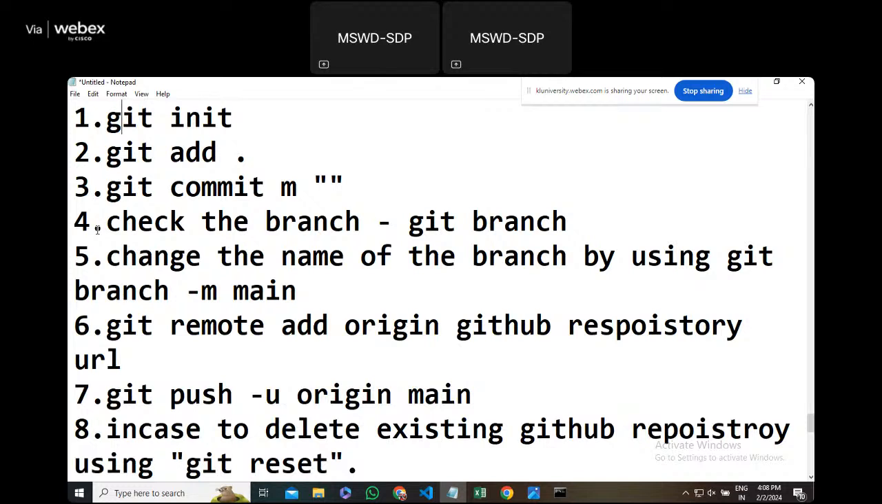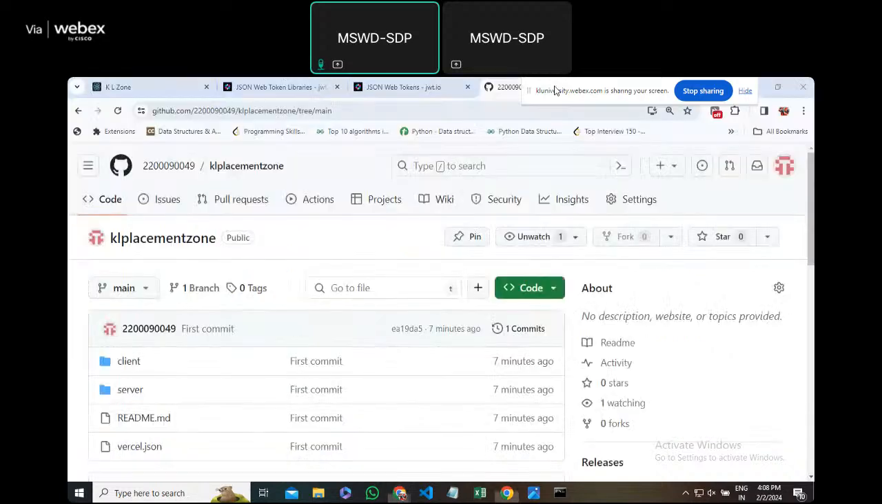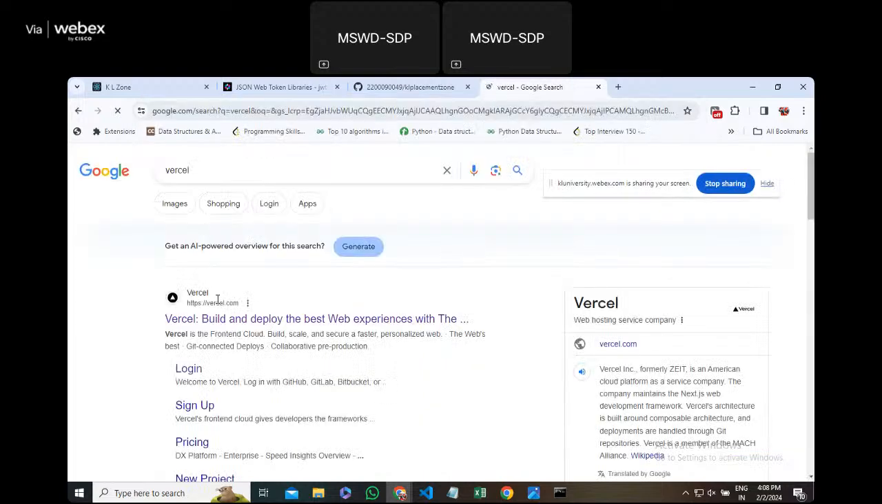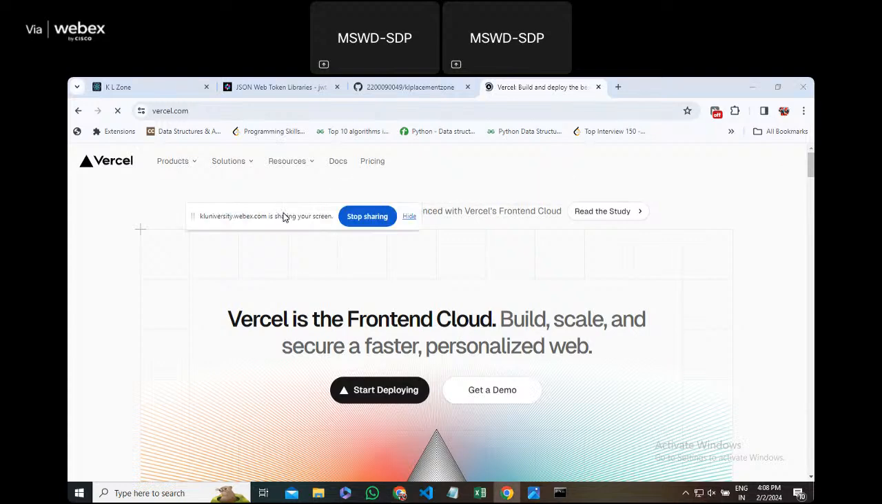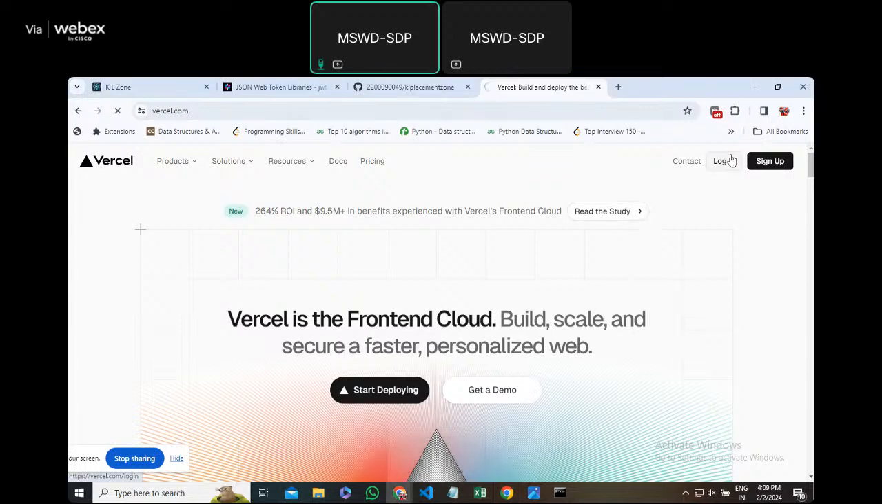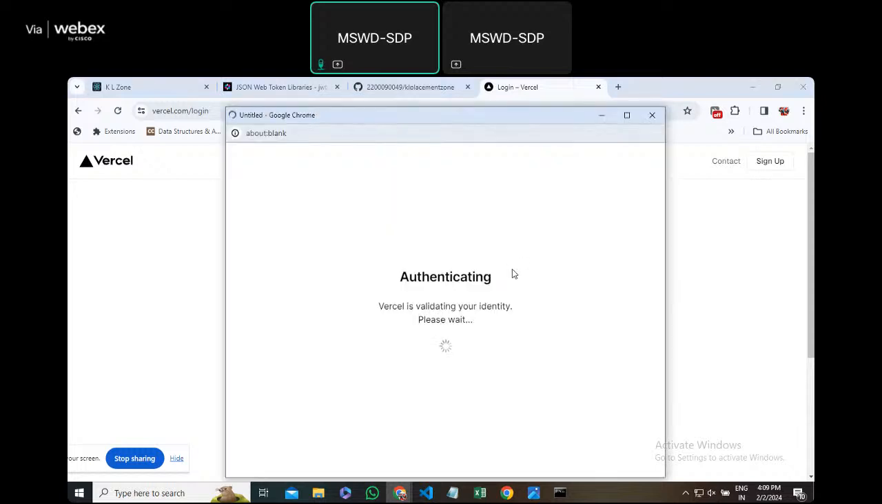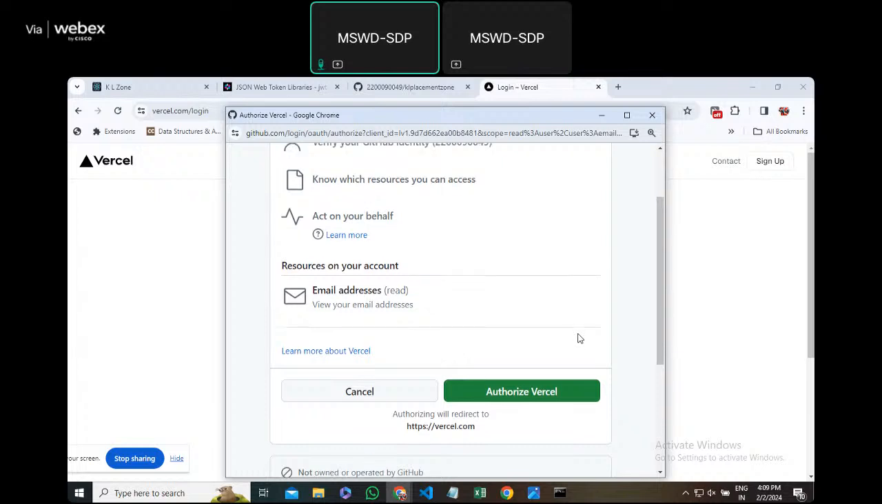Right. Next, the most important thing is ready. Go to vercel.com and log in with your GitHub. You get a new project. Check it out. Your GitHub should be connected and